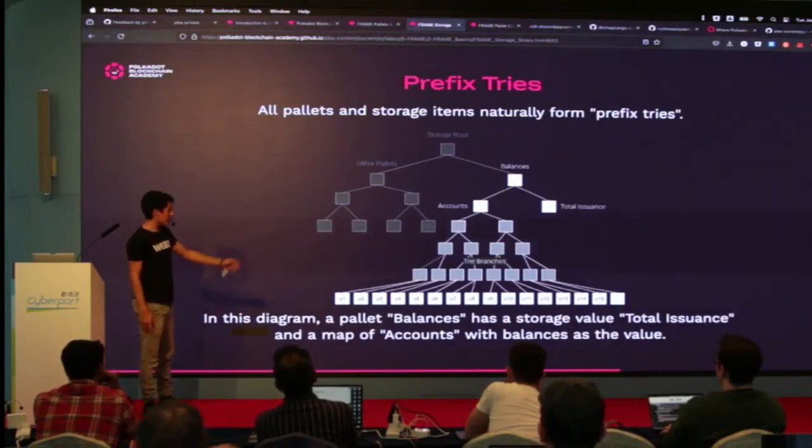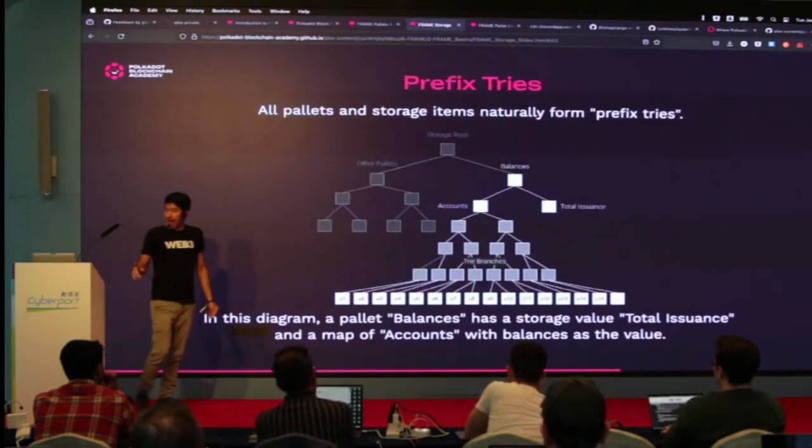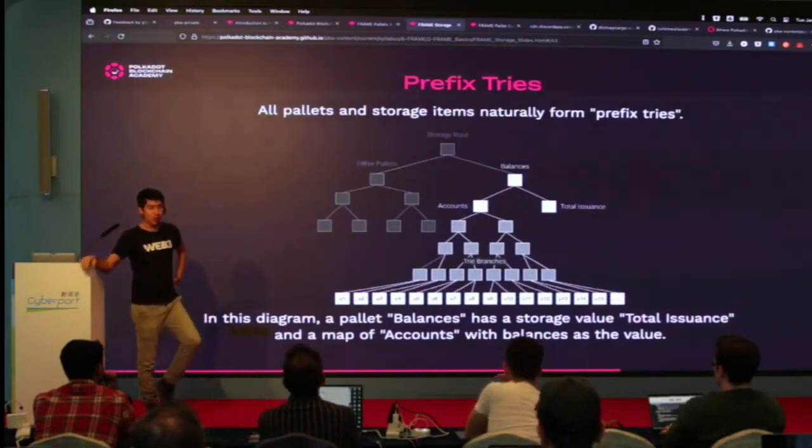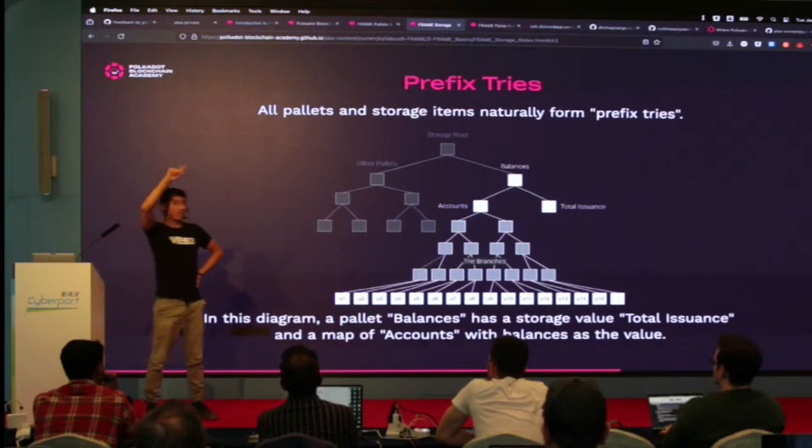And this is really good. In the Substrate storage, we talked about unbalanced trees, right? And how unbalanced trees are bad. Why are they bad? Because if a tree is unbalanced,